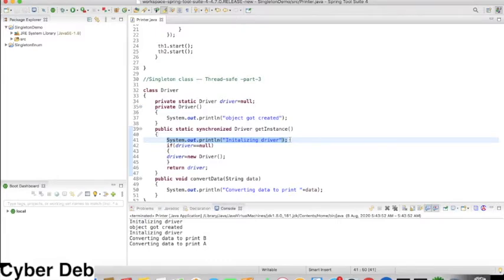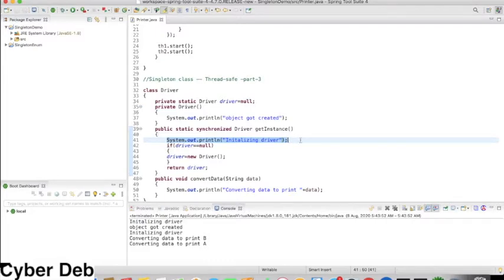That is a valid point. We need to execute this part even if there are multiple threads, because it is in no way related with the object creation part. Our aim is to create only one object. So for creating one object, why should we block the other parts which are not part of the singleton modeling?